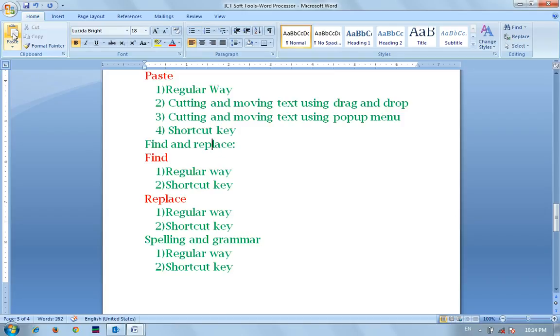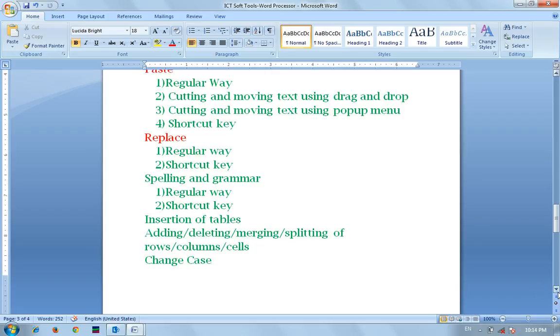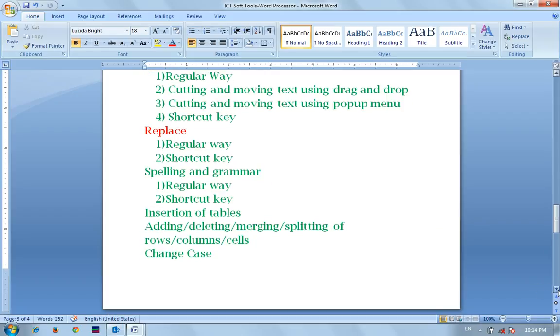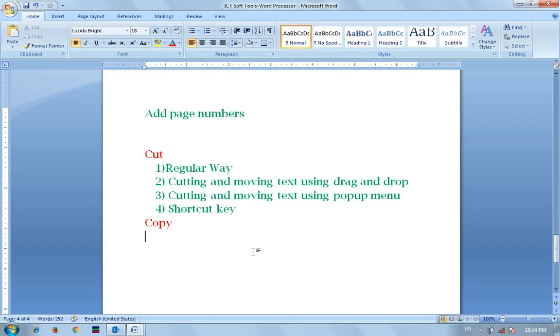But I want to use cut and paste in the same way. First I select in any of the three ways. Now choose Shift and the down arrow key for selecting, and click Cut. Then go to the blank page below and paste in the regular way. Next, we go on to cutting and moving text